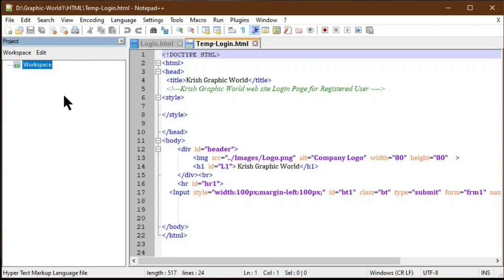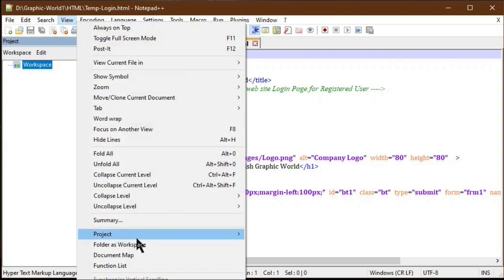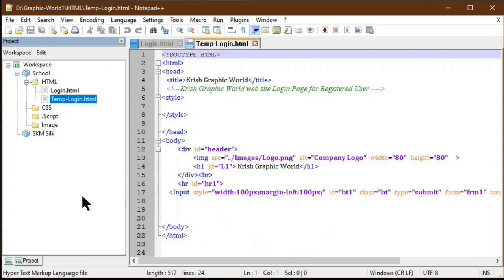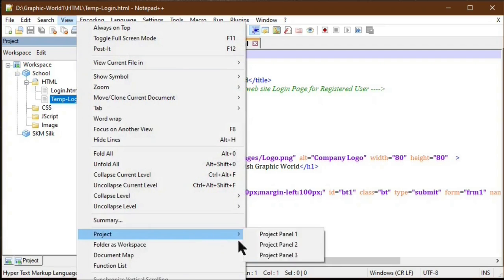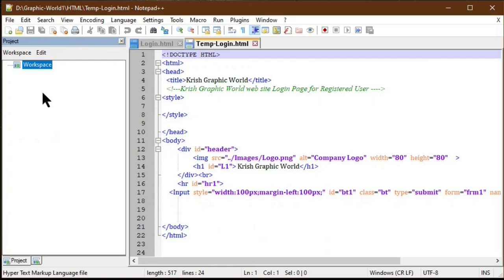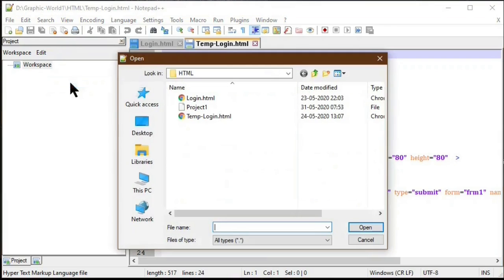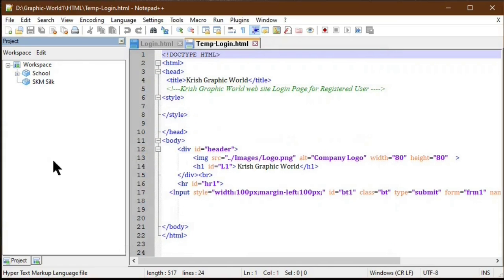Now to open our existing project file, normally whenever you are creating the project file, you will click project panel 1. Then whatever the workspace you created in the project panel 1, just clicking the project panel will automatically open the project 1. Suppose you are in the project 2, then also we can open our project panel. Just right click the workspace, there open workspace, then you have to navigate in your Explorer, then you select the required project. So I am selecting project 1, then put open, it will open the project.